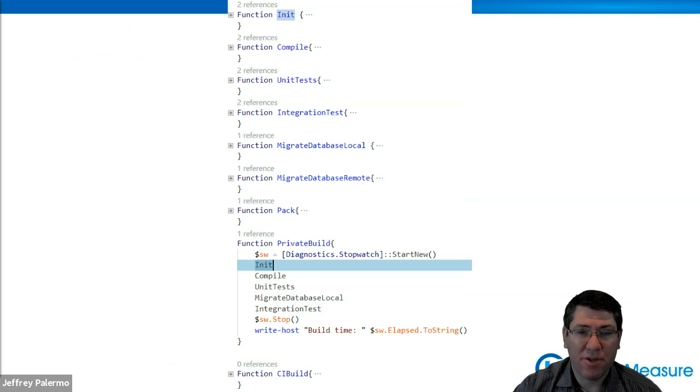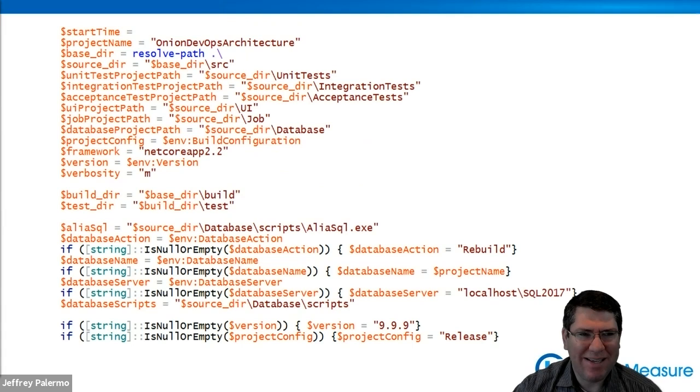Now, what I don't show you is the very top of this file, which, by the way, if you go to the public project that's included in my book, you get all this code. You can pull down this file exactly. I welcome you to copy and paste and steal it and modify it for your application and use it, okay? Use it. So at the very top of this PowerShell file is something that makes this really portable for all of your applications. And that's just the top level variables.